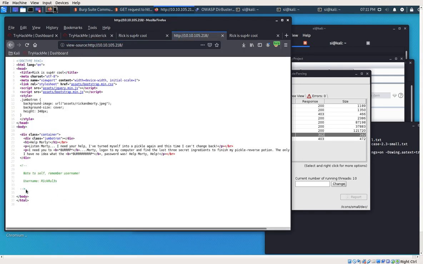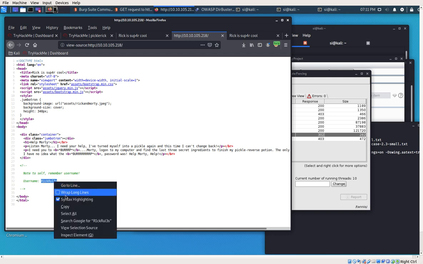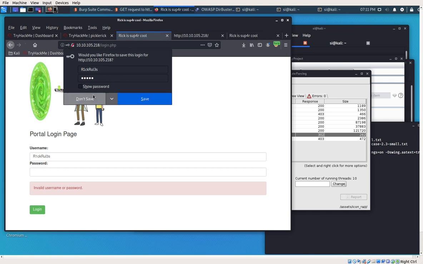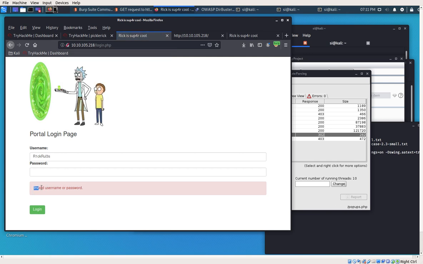And here we go, hidden in the comments, we can see note to self, remember username, and it's got Rick rules. So let's take a copy, and there's the username. Now password, my initial thoughts on this were to look at the top. It says Rick is super cool, so I tried to put in super, but it doesn't work, so you get an invalid username or password. So assuming the username is correct, which it probably will be,